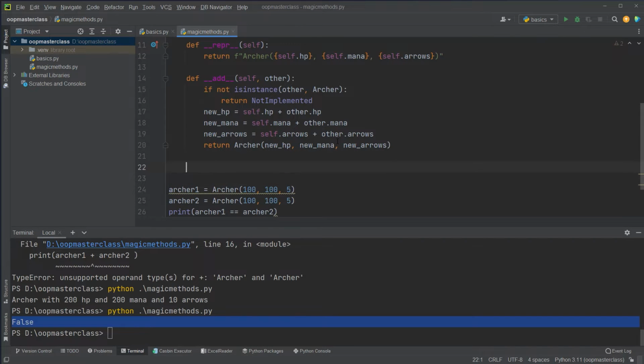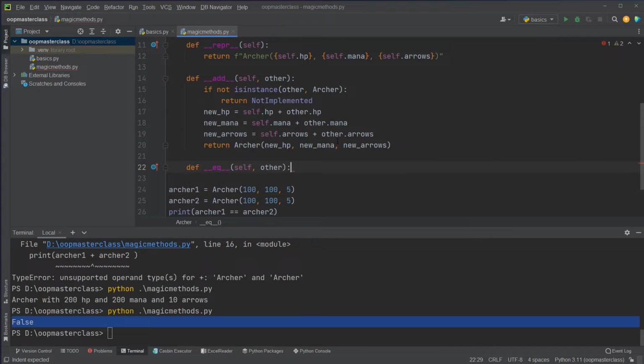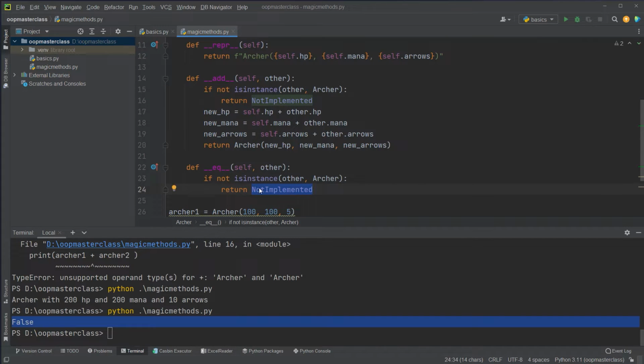We can do this with def __eq__ for equality, and here we can do the same as before. So if that's not an instance, in this case we don't want to return a NotImplemented error, but we can just return false, because if that's not an instance we cannot compare it, and this is always not the same. So if that's an instance of Archer, we can do it like this: self.hp